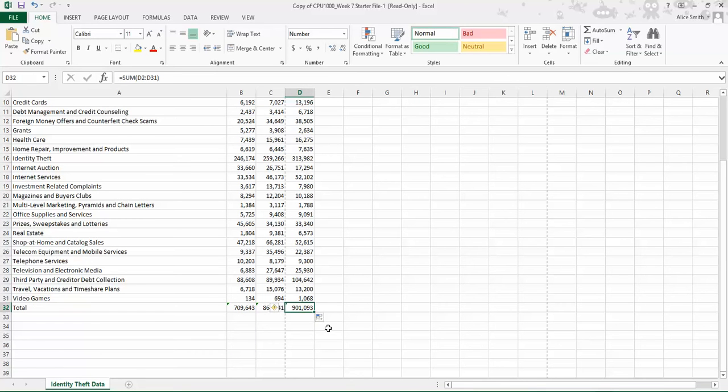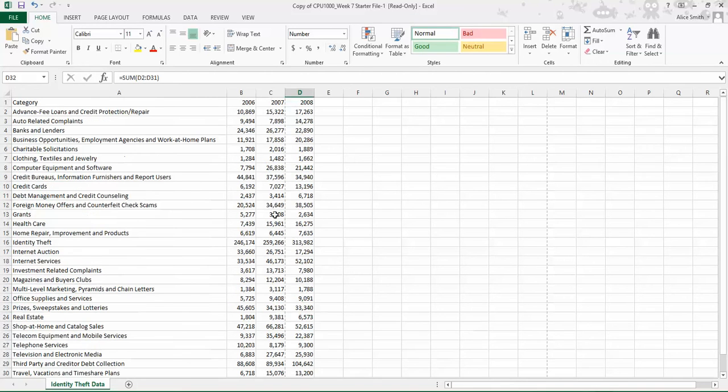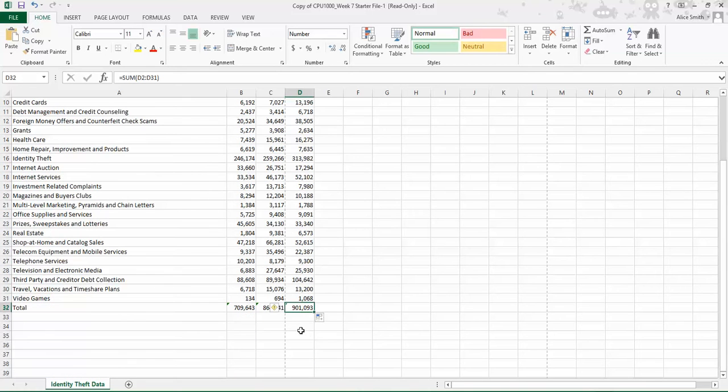Okay, now you see this little exclamation point, and if you just hover it says this formula refers to a range that has additional adjacent numbers. This is just saying, hey, you may not have gotten all the numbers. It's looking for you to add in the years, so just ignore it. So when we do this,